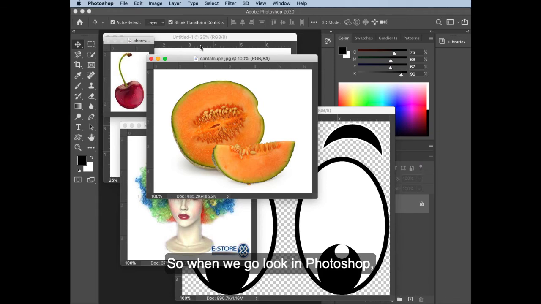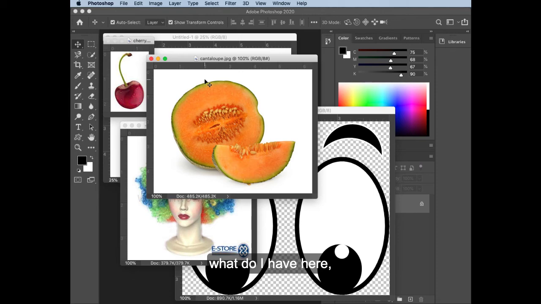So when we go look in Photoshop, we have two basic ways to create a selection. One is with a tool, indicating one of these tools here, and the second way is by color. And there are some tools that will utilize color as well. So we're going to learn to identify by looking at what we have, what would be the best option for creating a selection. So choosing that right selection tool, again, examining the images to evaluate the selection options and identifying,